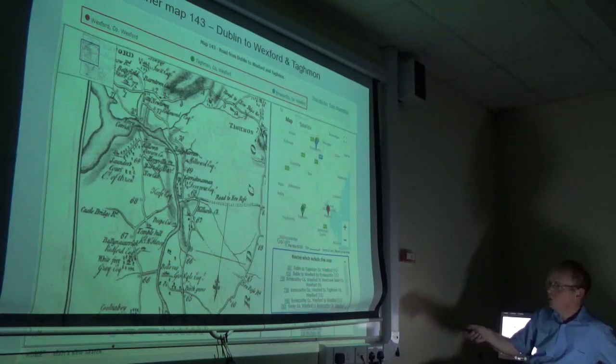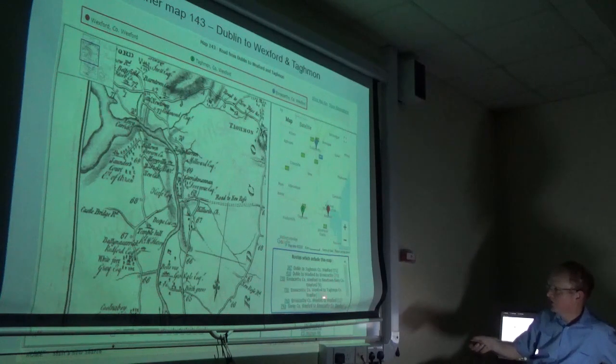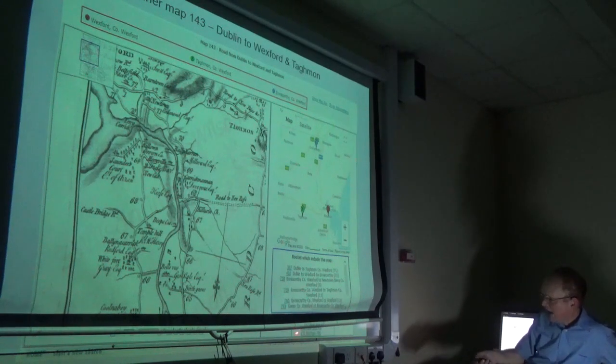There's a whole load of routes in this map, and there are maps that include this. So you see various other places that include the same map. And there's also at the bottom